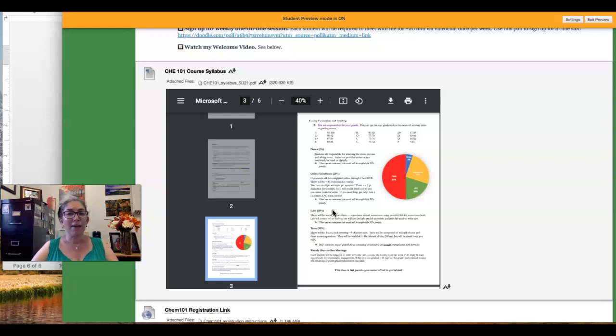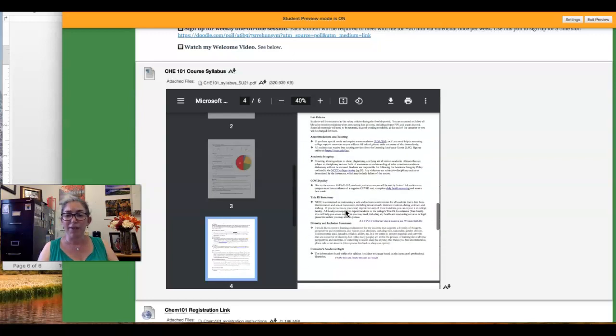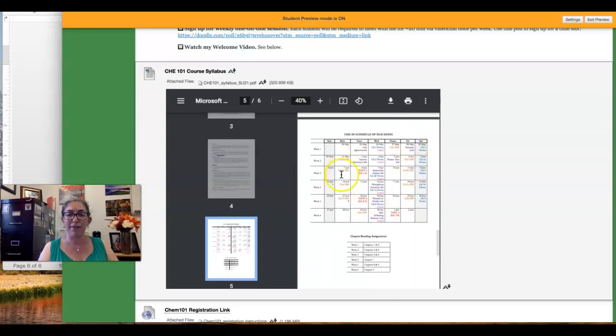Tests are the one exception. If you have an extenuating circumstance that comes up for tests, then you need to promptly communicate with me so that we can rearrange your test time. Tests are the one component of the class that are a specific day, and they're only available during that one day. So I'm just going to fast forward here, past some policies to the calendar here, and this is also posted prominently in